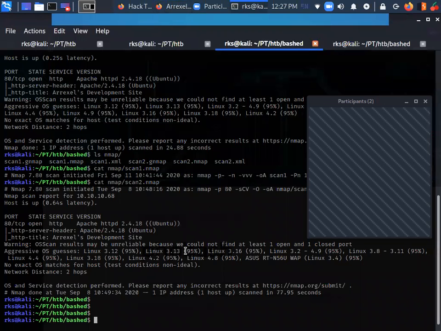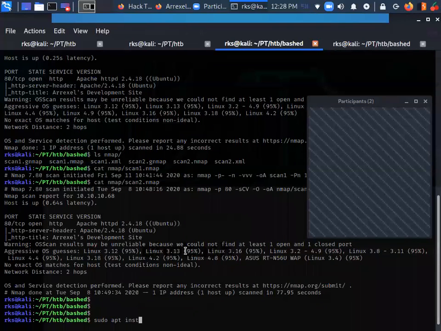So let's take the URL from here and get back to my terminal. There are a variety of tools that you can use. For today's session, I'm going to use GoBuster. If you have not already installed GoBuster, it can be installed using sudo apt install gobuster.